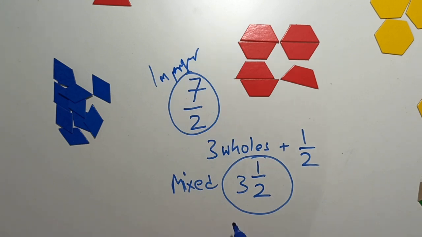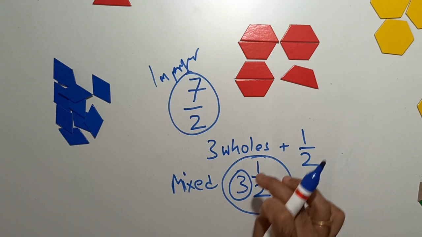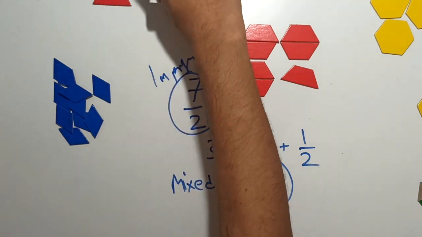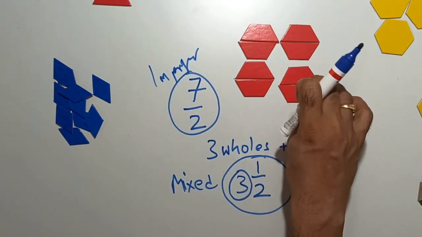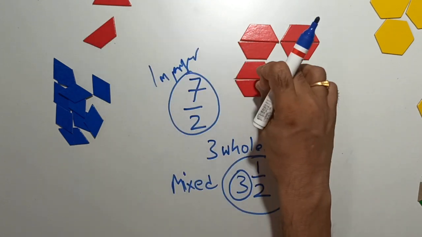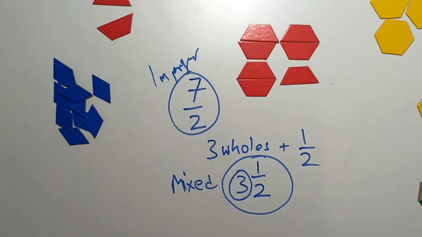Both of these are exactly the same. The only thing you need to remember is that the 3 in this mixed fraction represents 3 wholes, and then there is a fractional part. So this is a number which is somewhere between 3 and 4. Why is that? If I had one more piece like this, it would have formed 4 wholes, but I don't have one more piece. I have got only half of it, right? So it is somewhere between 3 and 4.